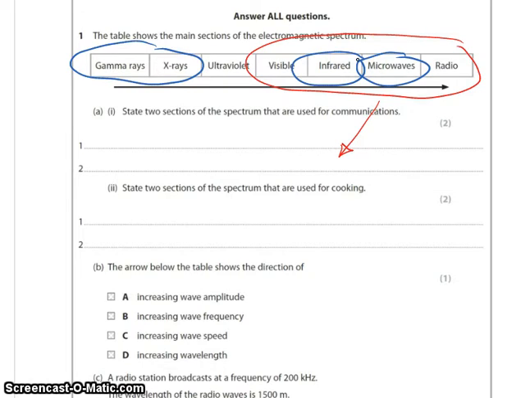Okay, generally things that are hot will emit infrared waves. So, for example, your toaster, the grill on your oven, those things will be emitting infrared waves to cook your